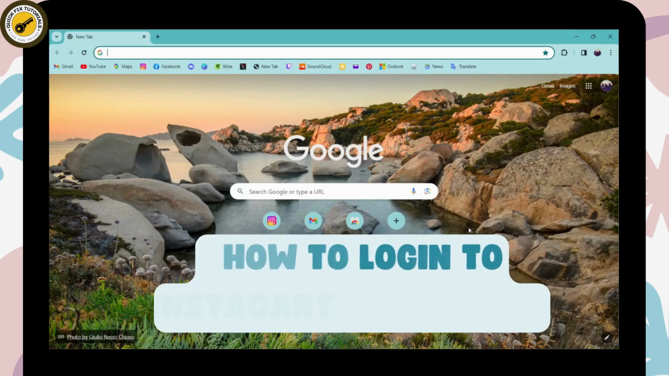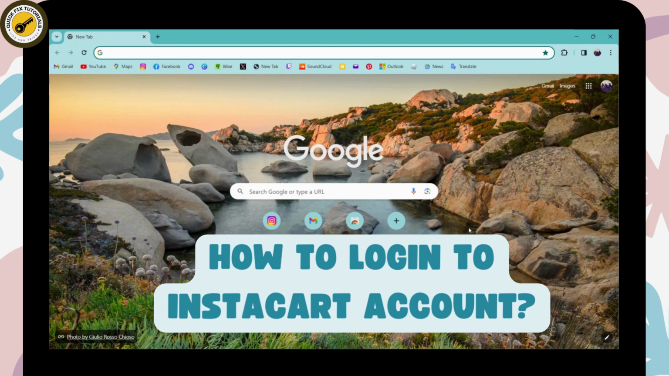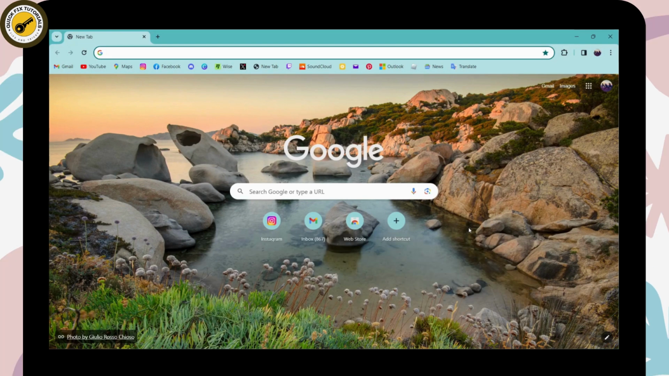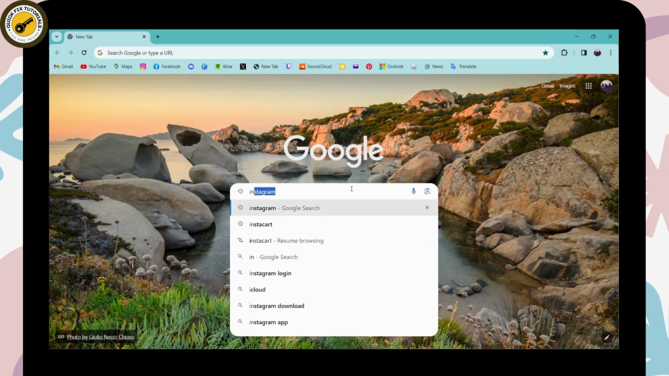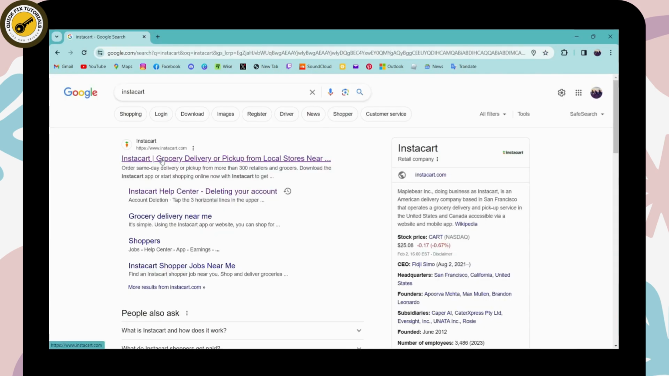How to log in to Instacart account. So if you want to log into your Instacart account, then first open up a browser, any browser that you're comfortable with. And I'm here with Chrome browser. Simply go for the search bar and search for Instacart. Once you've searched, here you can go for the first search, which is